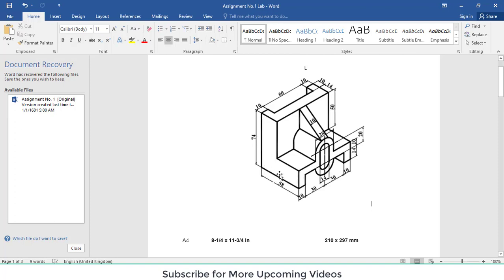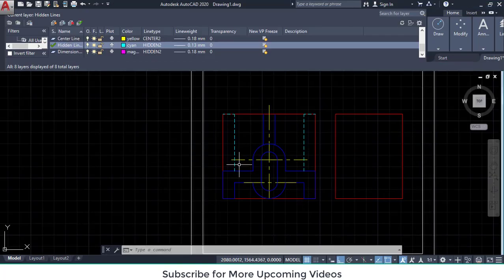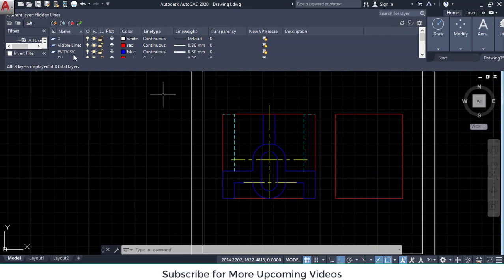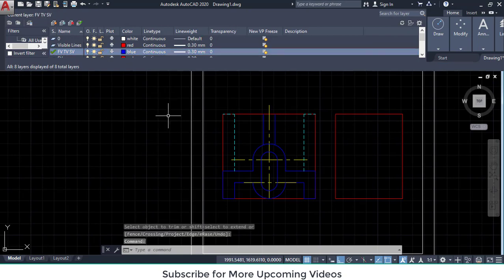We know that the length is 58, width is 74. This length is total 10 plus 14, meaning 24. So first I draw this L shape in side view. So from the rear I select front view, top view, side view. So first I draw L shape,